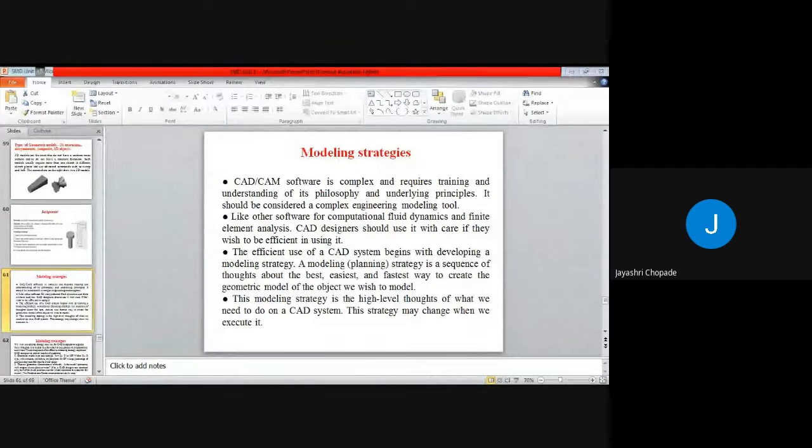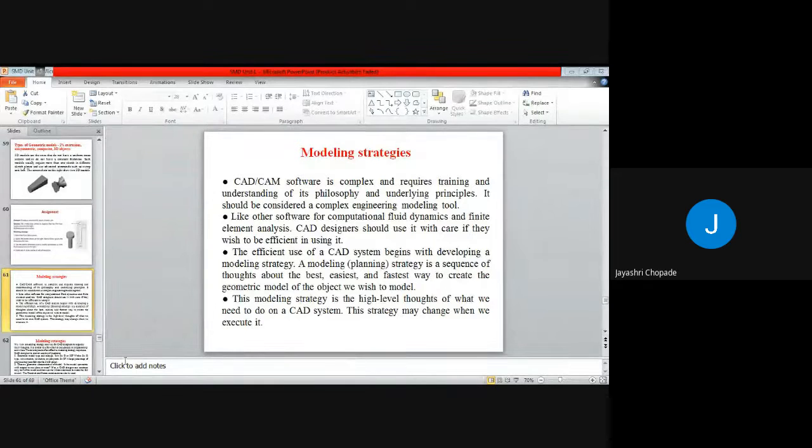Without planning, it will be difficult and time consuming, and everyone wants their work to be fast and easy. So we have to follow those strategies so that we can complete our model within a given time period. This modeling strategy is the high level thought of what we need to do on a CAD system.